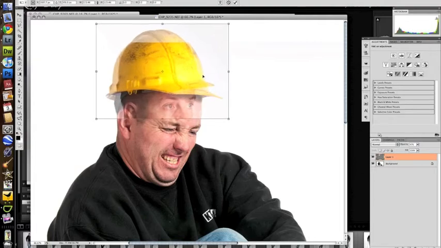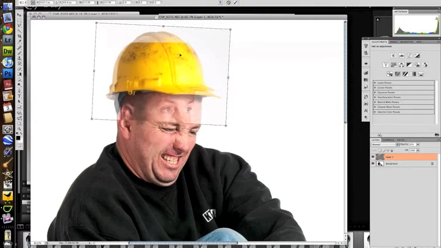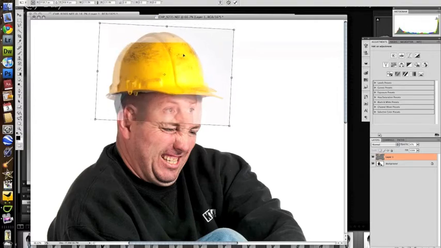You can see that I'm getting closer. Shift drag a little bit more, get myself closer. What I'm worried about here are the lines that are going to make this look believable. There's this line coming down, this line coming down, and then the ridge right here in the center of the helmet. I move outside the bounding box and I can now rotate slightly. What I'm looking at right now is the edge of this here and the length of it. And if I put it right about there,